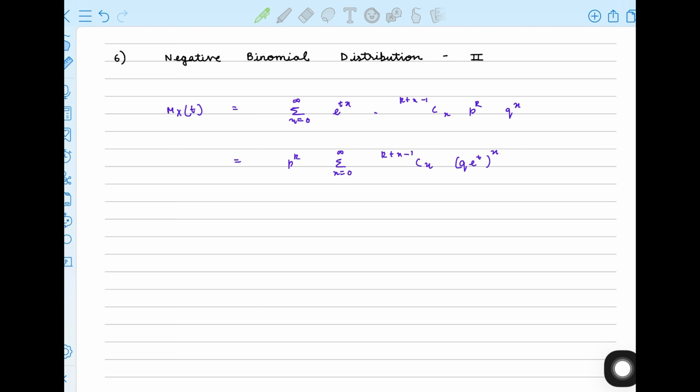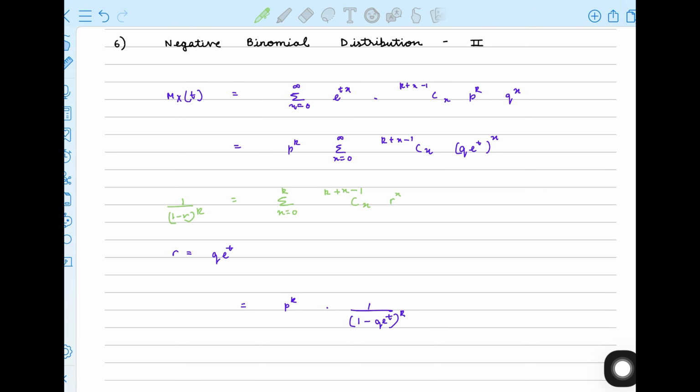Using the negative binomial theorem or the series expansion, here r is equal to q into e to the power t. On inputting the value into the formula, this gives us, therefore, the MGF becomes